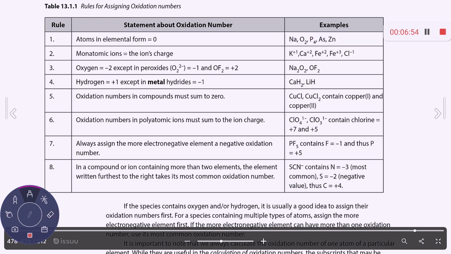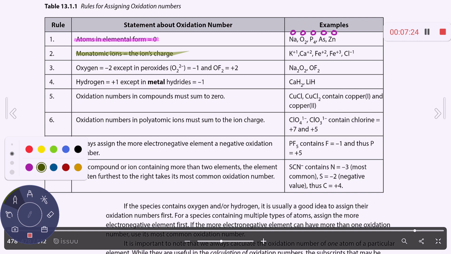First one. Atoms in elemental form have an oxidation number of 0. They have given us a number of examples off to the right-hand side. They've given us elemental sodium, oxygen, phosphorus, arsenic, and zinc. That means all of these have oxidation numbers of 0. We tend to write those numbers above the symbol. Okay? Now, the second rule is if you have a monoatomic ion, that means the oxidation number is the same